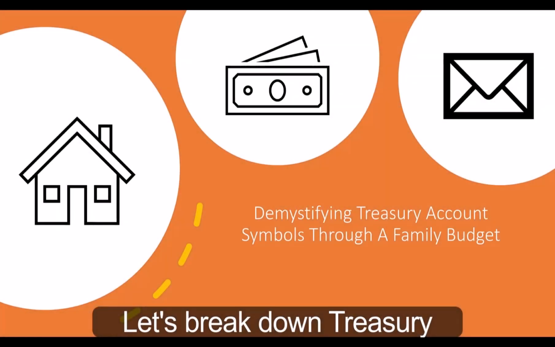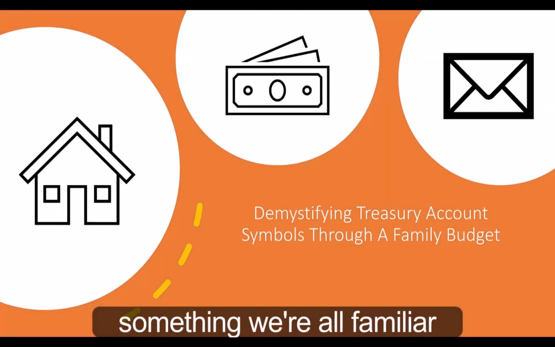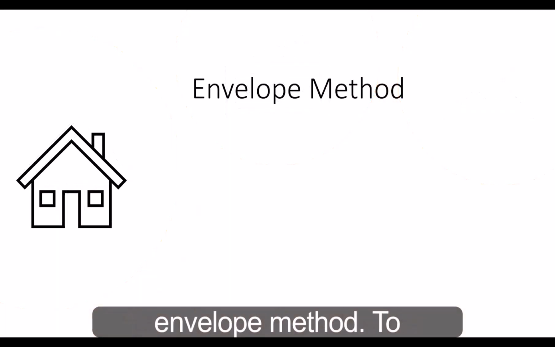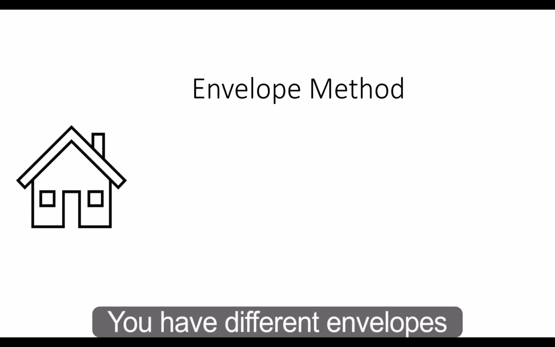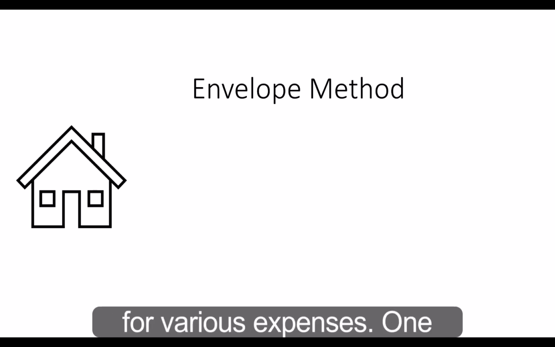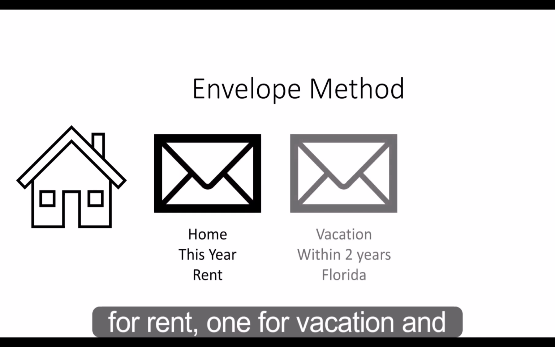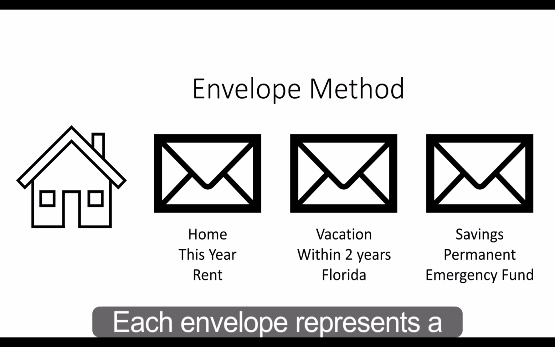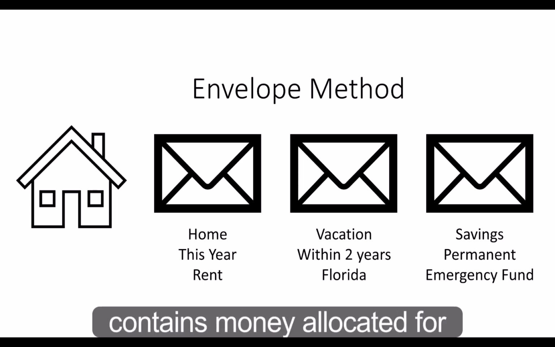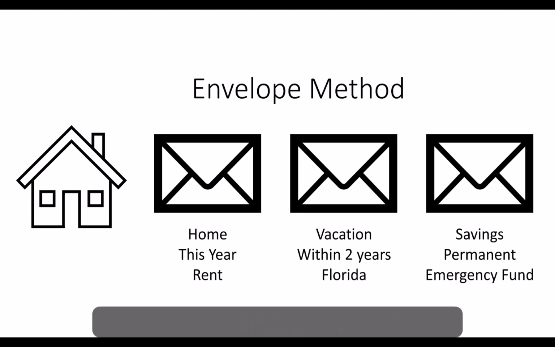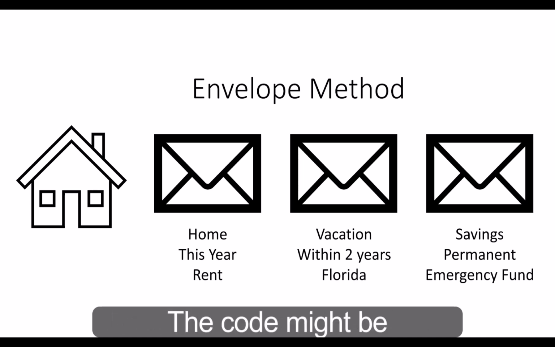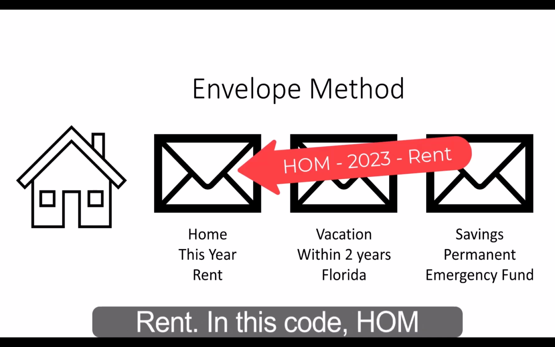Let's break down Treasury Account Symbols using something we're all familiar with, personal budgeting. Imagine you're using the envelope method to manage your household finances. You have different envelopes for various expenses, one for rent, one for vacation, and one for an emergency fund. Each envelope represents a specific purpose and contains money allocated for that purpose. Now let's say you label these envelopes with a code. The code might be something like